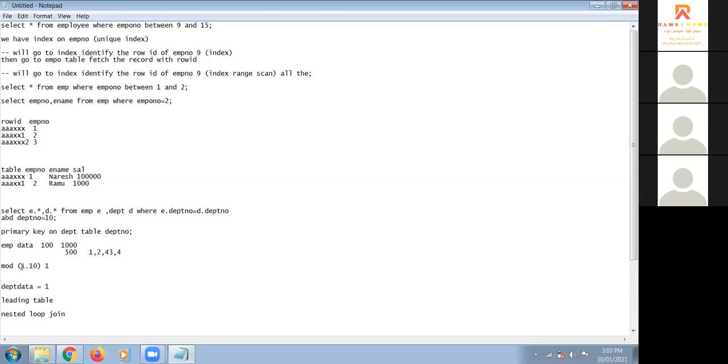So first, for example, department number 1. Hash values will also be generated for this, right? Say there are 1000 records with department numbers. First, it will go to the first table and get the hash value for this. Then it will go to this table, identify the same hash values and fetch the records in one go. Then it will go to the next department.